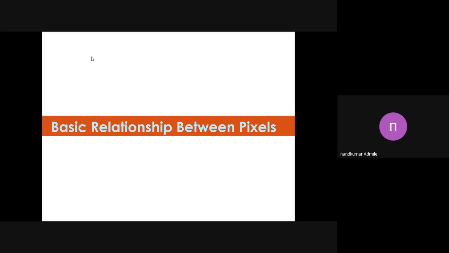Imagine we have one image, and we represent it using image sampling and quantization, that is, we convert the analog image into the digital image. The digital image consists of a number of pixels. The pixels might be n in number. Consider 1,000, 10 lakh, 1 crore. It may be infinite.